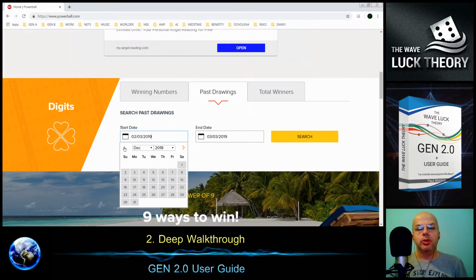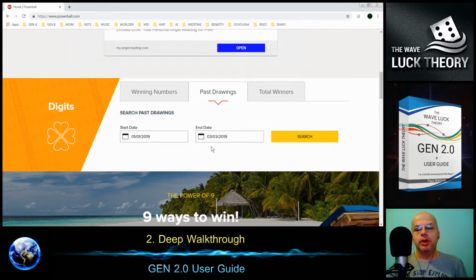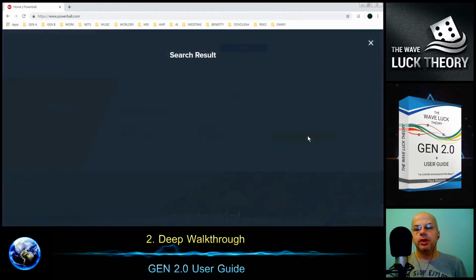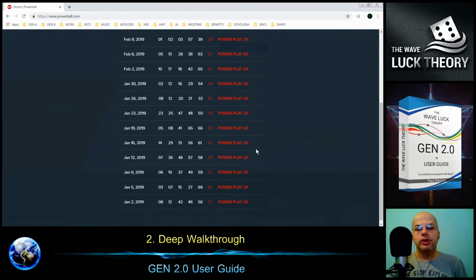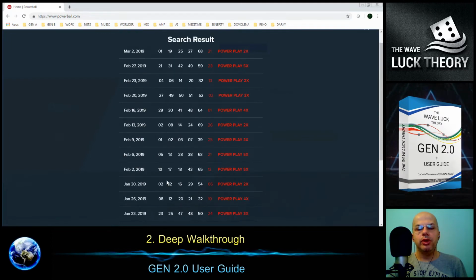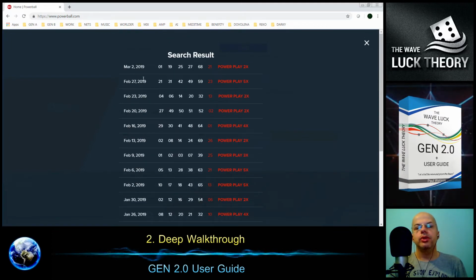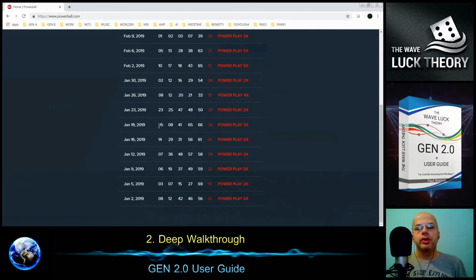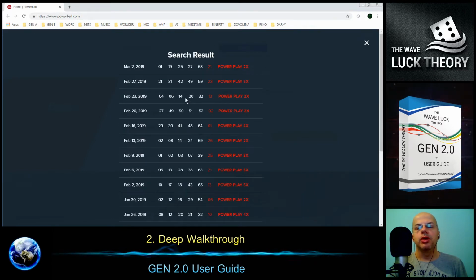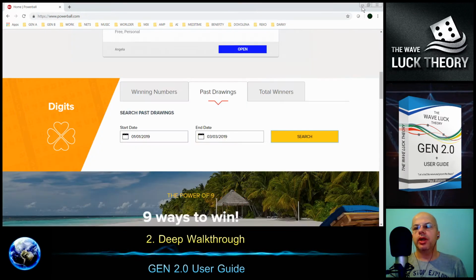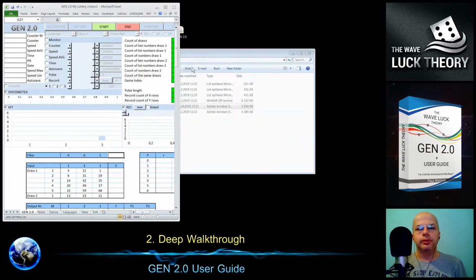from January, from the beginning of this year, until today, and we click the search, and you can see we have such history that we can then place into the output box, for example with 20 previous draws. All is up to you, and all depends on your decision. So this I can hide for now.